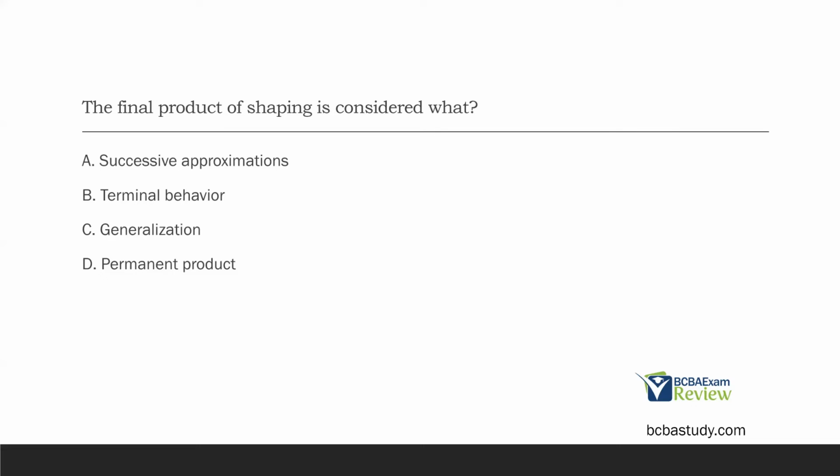It is the behavior we want to see when shaping begins. Then generalization and permanent product, okay? That's not what we're trying to achieve with shaping. With shaping, we're trying to take a behavior and shape it to the terminal behavior that we want to see in the end. So the final product of shaping is